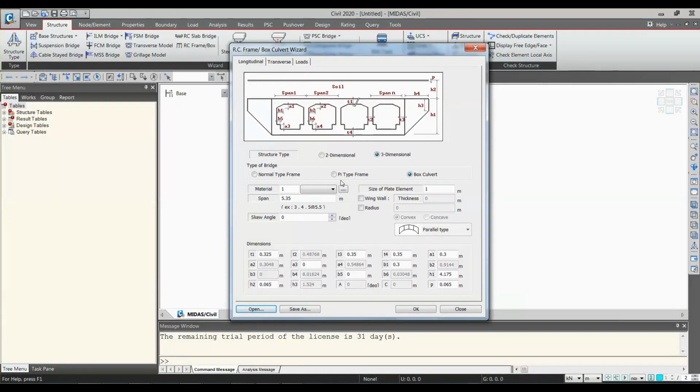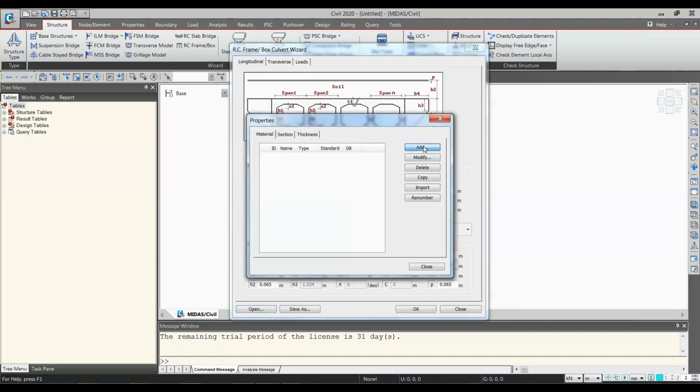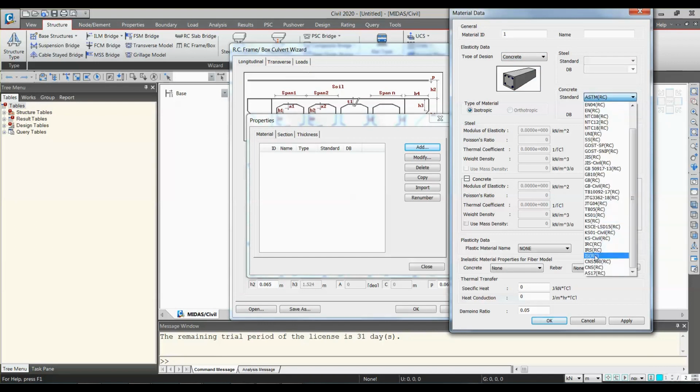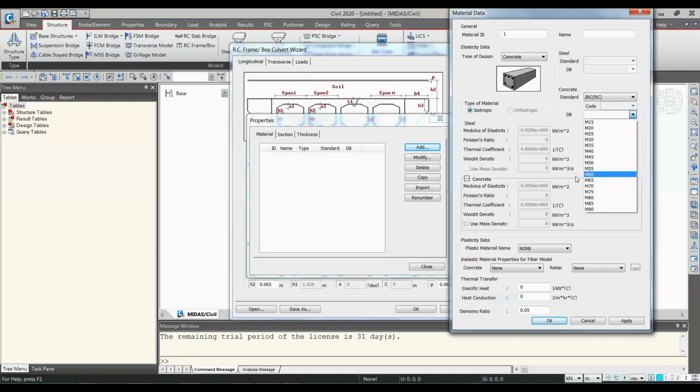Okay, so let's define the material first. Let me now show you how the IRC materials can also be defined. If you see here, there is an IS code, IRS code and IRC code. Depending upon each code, the modulus of elasticity and thermal coefficient would be changing. So let's choose IRC RC right now and go to M35. So 25 unit weight density, 3.23 e to the power 7 as modulus of elasticity, and 1.2 e to the power minus 5. If we choose IS material, the thermal coefficient is different, elasticity is different, and even the weight density is different, right?